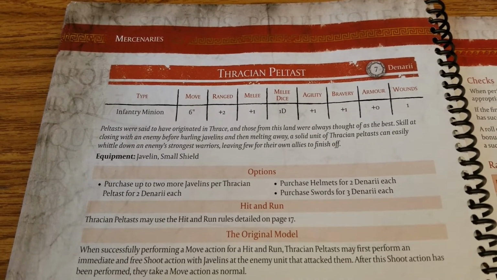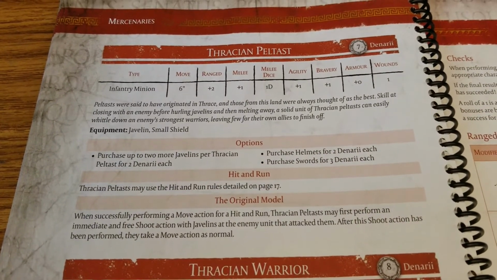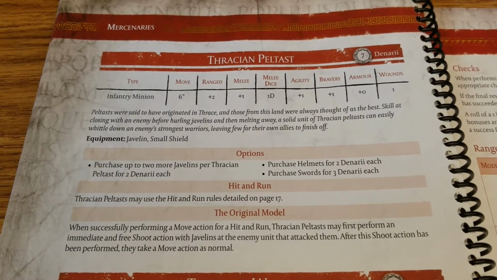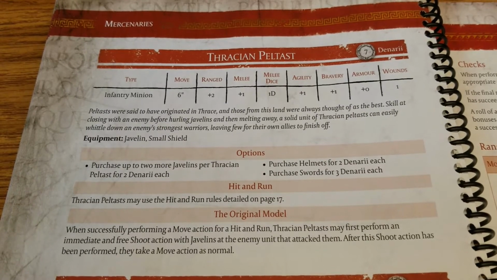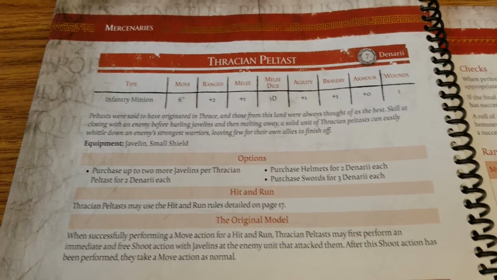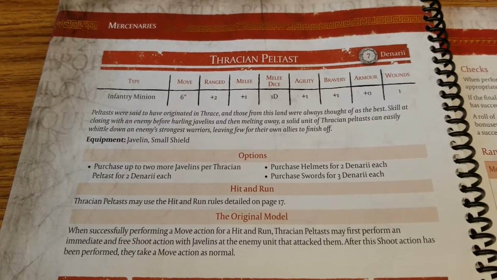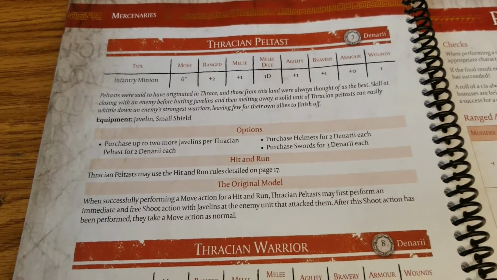Buying armor seems a little bit pointless, again, just to have that one extra save. They have hit and run, which is very cool. And then the original model, a special rule here. When successfully performing hit and run, they may first perform an immediate and free shoot action with javelins at the enemy unit that attacked them. After the shoot action has been performed, they may make a move as normal. So, yeah, as long as you still have javelins left,